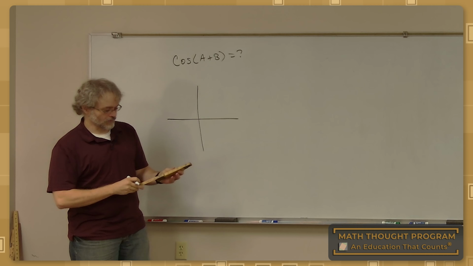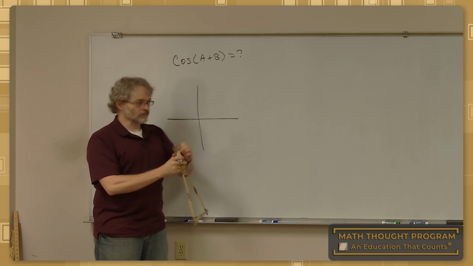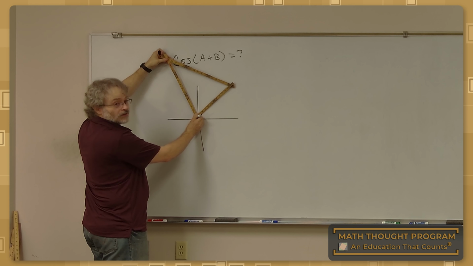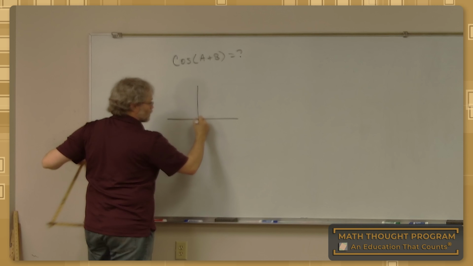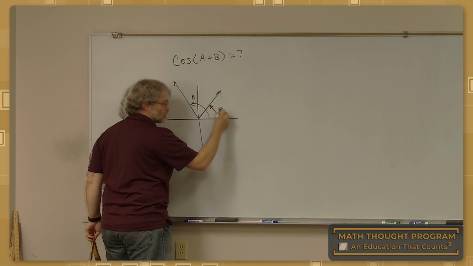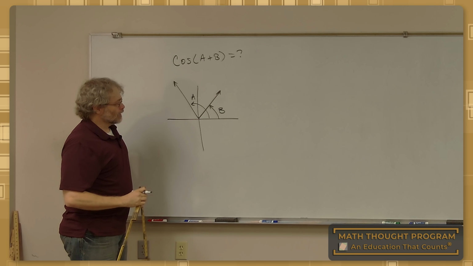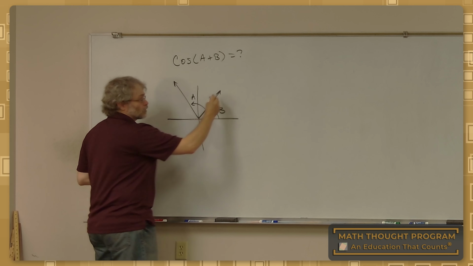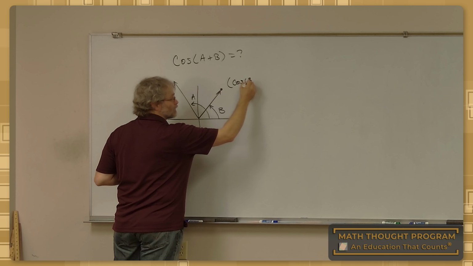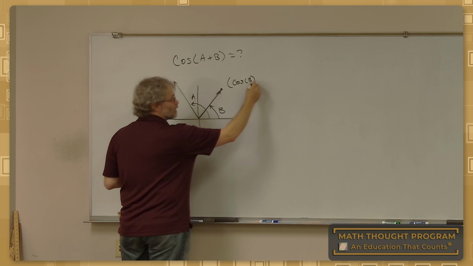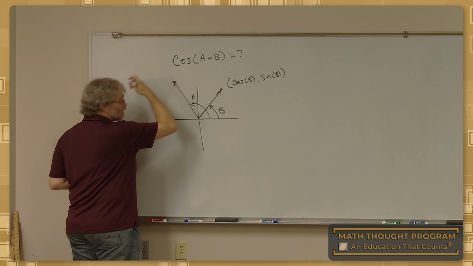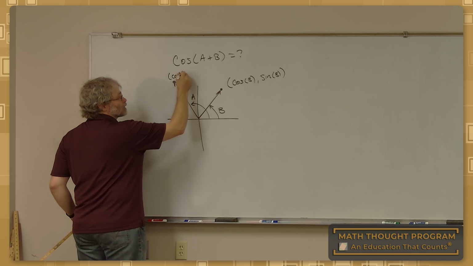look at a triangle. Maybe a triangle like this, where I'll have some kind of measurement. And I'm going to take the triangle and tilt it, rotate it. So I'll have a measurement going up this way, an angle of A, an angle of B. If I do that, this point then is going to become cosine B, because again, we're going to stay on the unit circle, and we're going to have sine of B. Over here, we're going to get cosine A